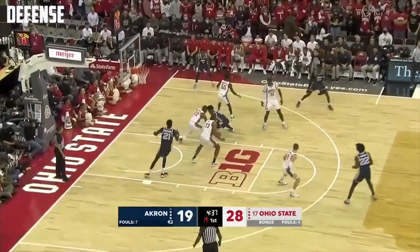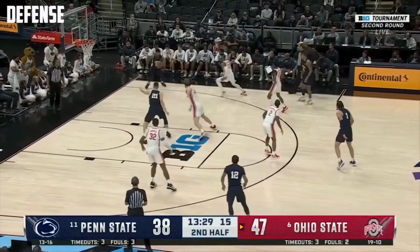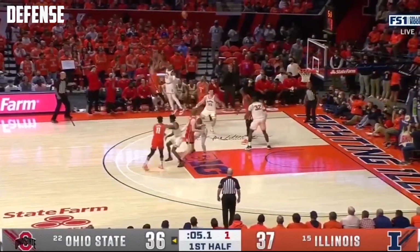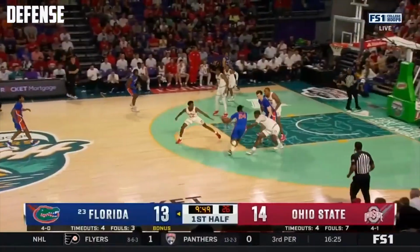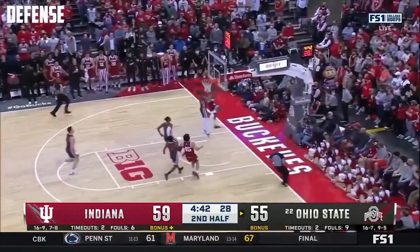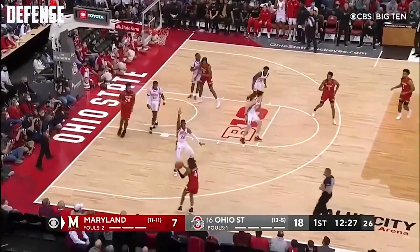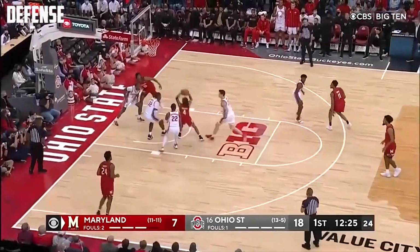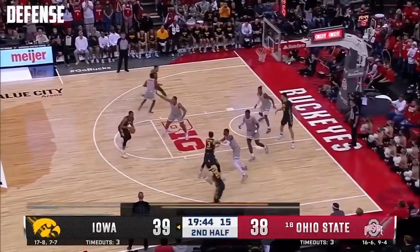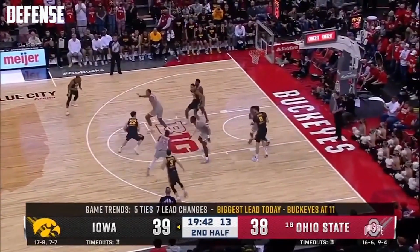A lot of the concerns with Branham on the defensive side stem from him not being switched on and focused, because when he is locked in, he's proved he can be an amazing defender, extremely disruptive, and can get stops when he needs to. There are the standard issues like lack of discipline on pump fakes and bad closeouts, but what I think is most concerning is his inability to navigate screens both on and off the ball, and there's also just effort things like being too high in his stance and getting pushed out of the way too easily